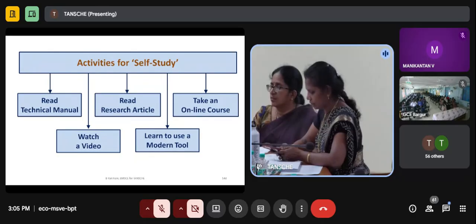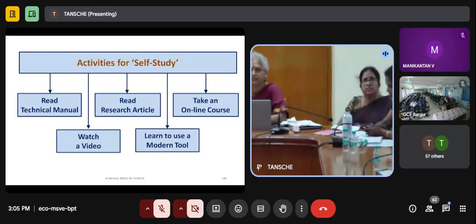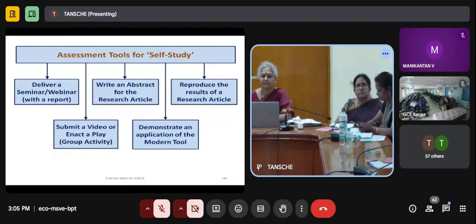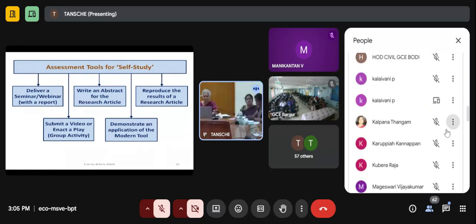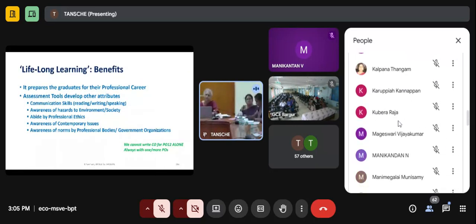So some possible activities for self-learning: they read, take an online course, watch a video, and finally for assessment, they submit a report, they deliver a seminar, they write a document, they show an application. These are possible. And what we conclude here,